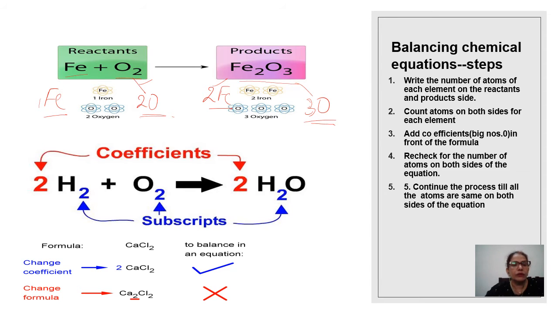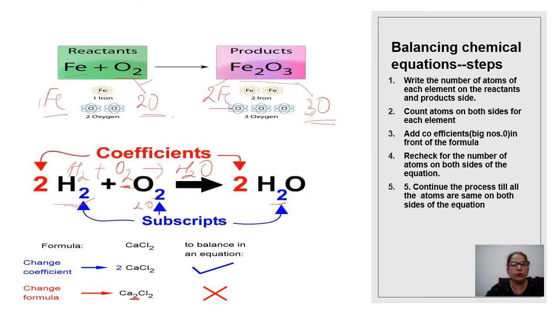Okay. So here one balancing is shown, hydrogen reacting with oxygen to give water. We had two atoms of hydrogen on the reactant side, two oxygens on the reactant side, but in the equation we had only one oxygen. So the equation actually was H2 plus O2 gives H2O. So in order to make the 2 oxygens of reactants, on the product side also we have to have 2.